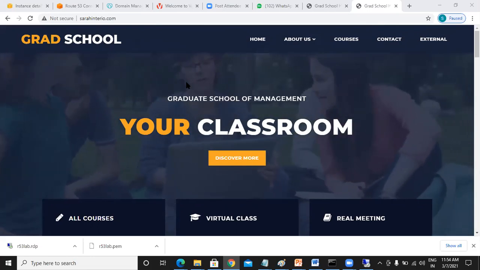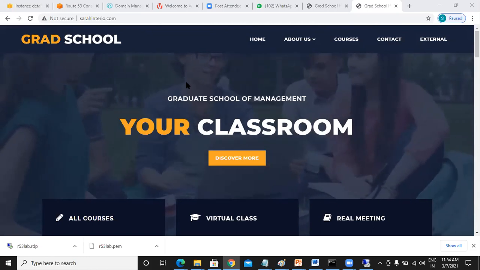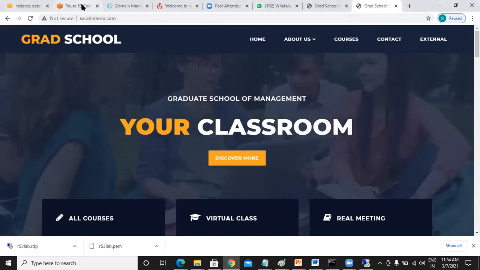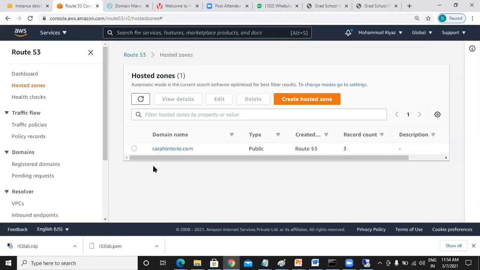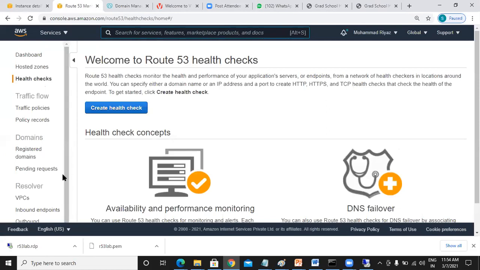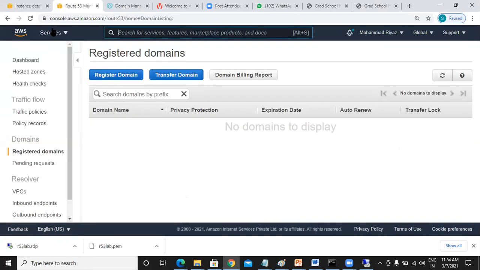Yeah. That is how you need to access Route 53. In Route 53, you can create different types of records. This is one of the records you can configure. If you want to configure domains, you can register the domains. If you want to configure health checks, you can configure health checks for your DNS, for monitoring and other purposes. If you want to transfer domains, you can transfer them. So whatever DNS part you want to do in AWS, you can do through Route 53.